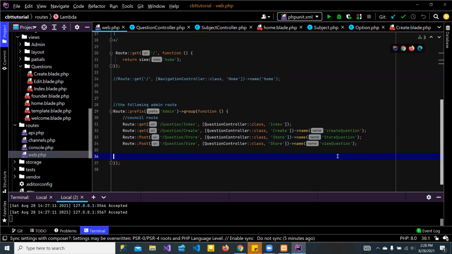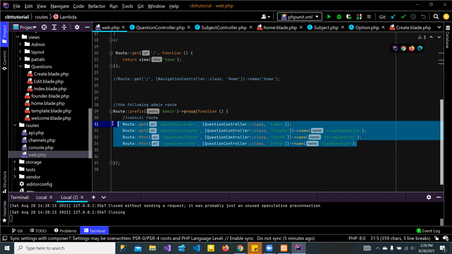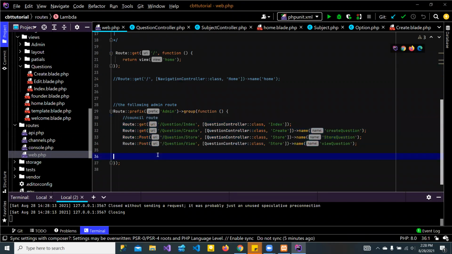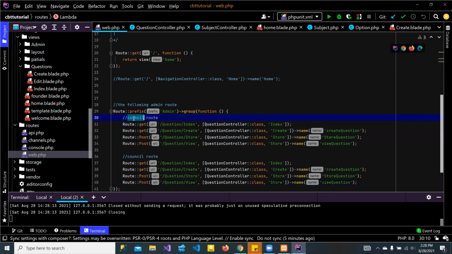Inside here, I want to create this group of routes. Instead of having question, we're going to be having subject. So this will now be subject. We can always copy this and put it here, here, here, here. So we expect index, create, store, everything here to also exist in our